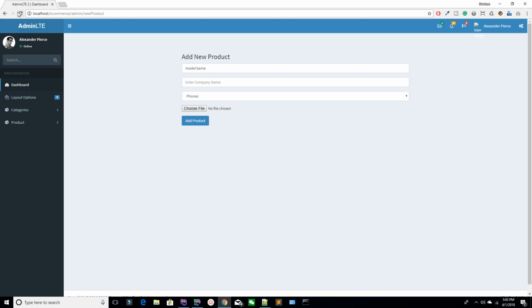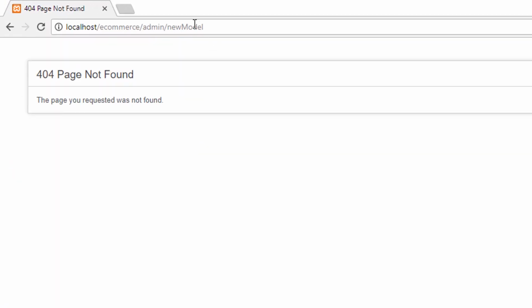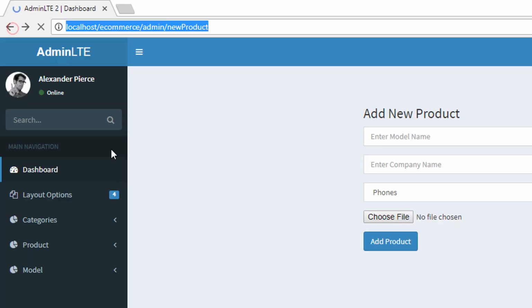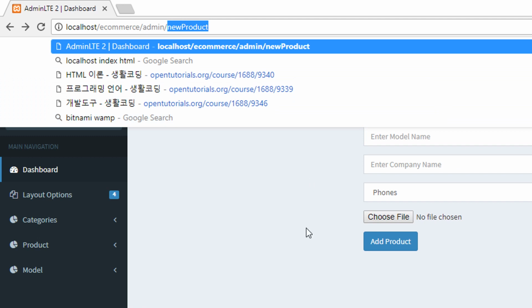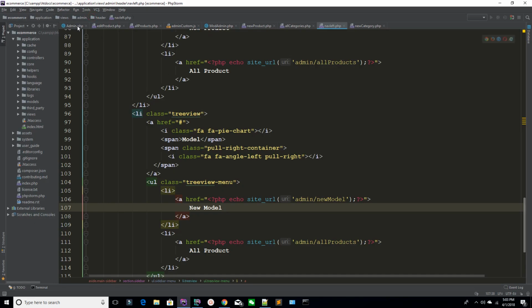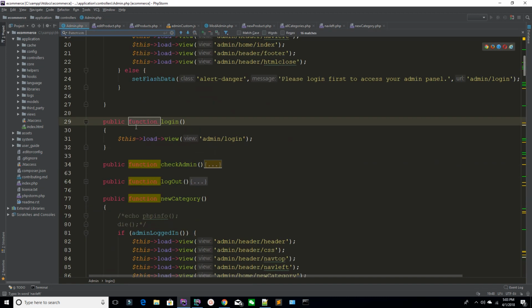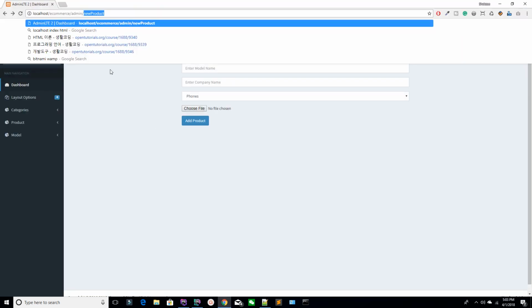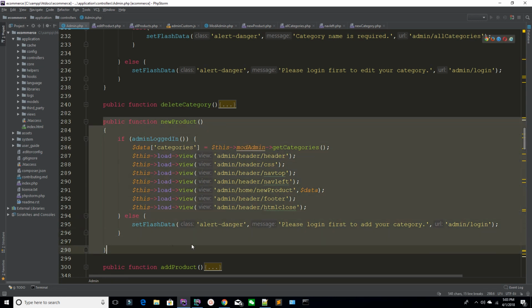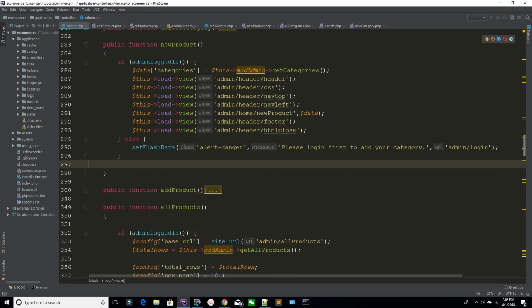Go to your admin panel, refresh the page. You can see you have just created your model. Hit this button, you can see it's redirected into the new model. You have not created the new model. So copy all the code from this view. Go to your admin, find this method. Which method? This method. Okay, so copy this method, paste this method here,